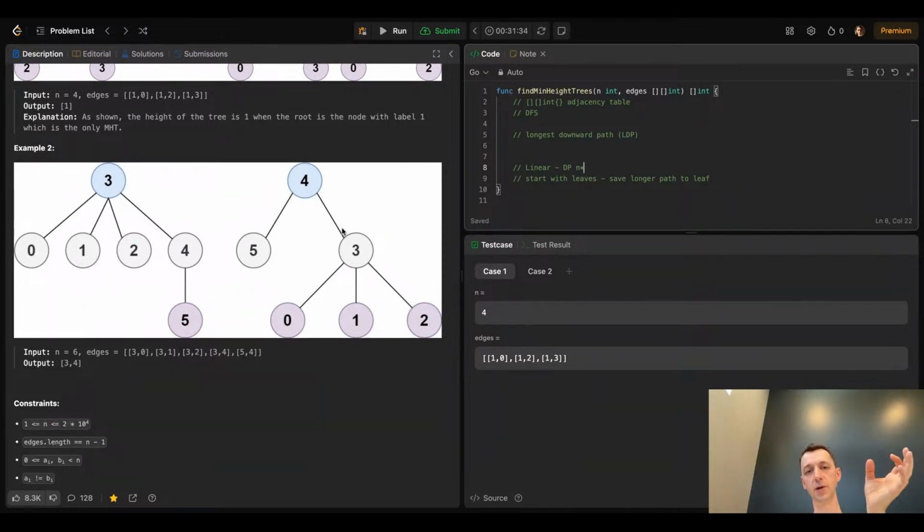But we need to return to 3 after that as well. So 4 goes like, yeah, I now have the longest path, because